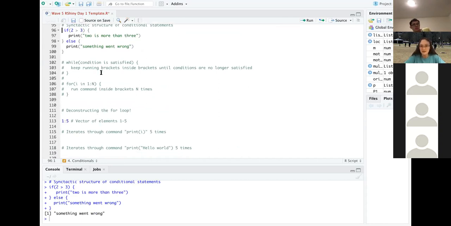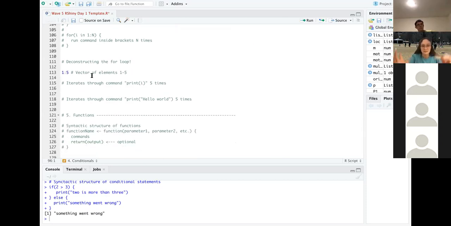The other thing we can do in code is something called loops. Sometimes we don't know how many times we're going to run something, or we run it 10 or 20 times and we don't want to type the same code 20 times. So what we can do is type it once and say, for i in, do this 20 times.